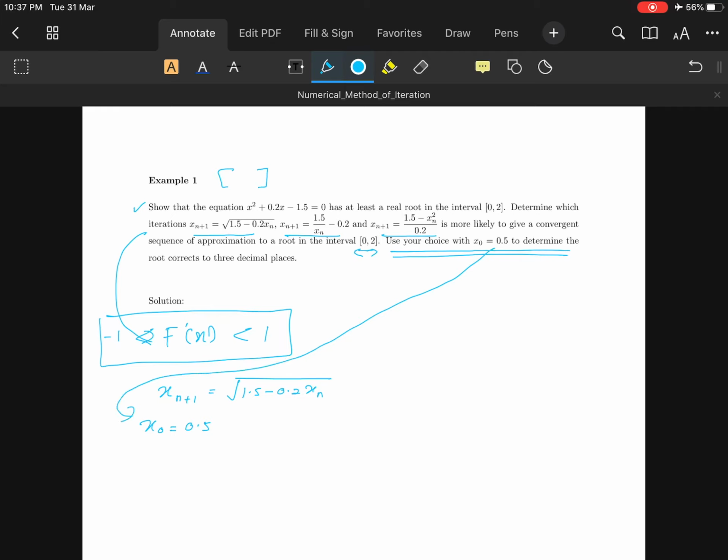The next value x1, when n equals 0, equals 1.5 minus 0.2 x0, where x0 is 0.5. If you calculate that, you will get